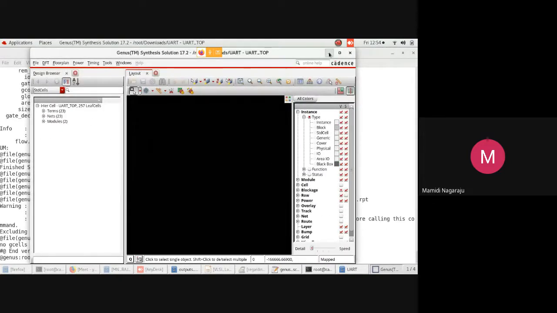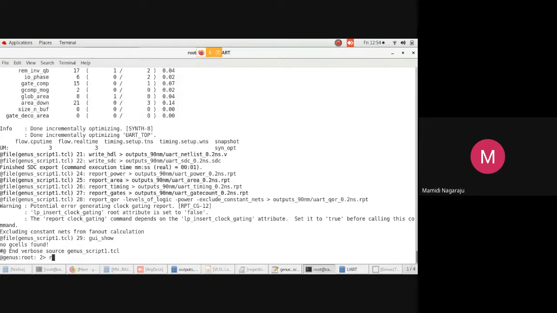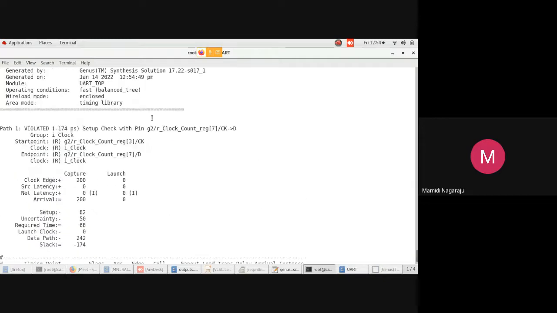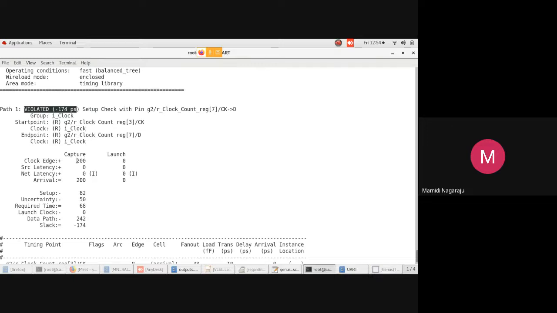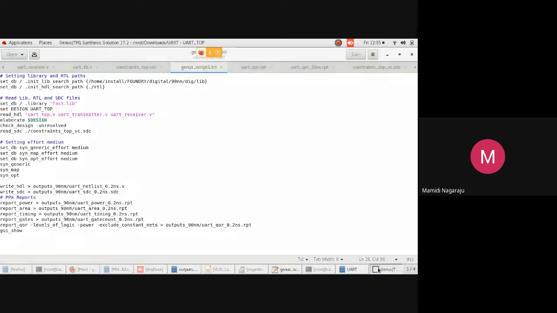Now I'll just keep the GUI aside, then see the report timing. Okay. Now you can see here one path is violated by 174 picoseconds. I asked to reach 200 picoseconds, but it is getting 174 negative slack. So negative slack means the timing paths have changed. So now we can see in the GUI